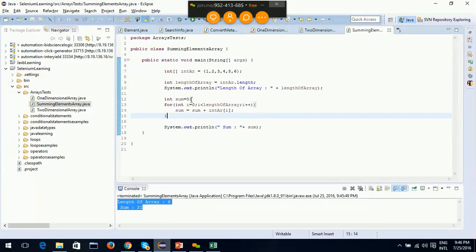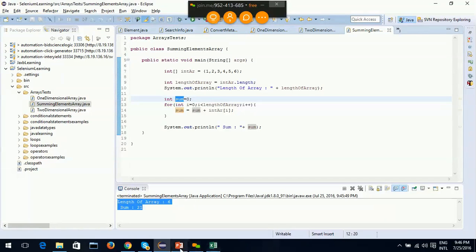Okay, if I don't use this variable, it's tough to calculate the sum. So I took a new variable. After every iteration I am storing the sum so far in that variable. The next iteration, to that sum I am adding the new element. In the next iteration, to that sum I am again adding the new element, like that. Okay,